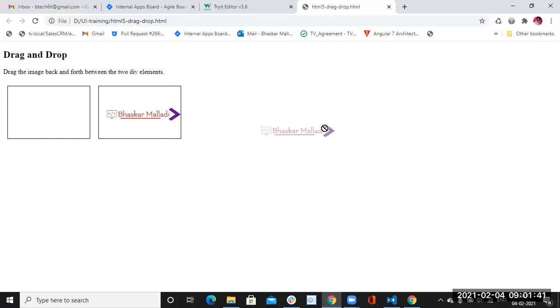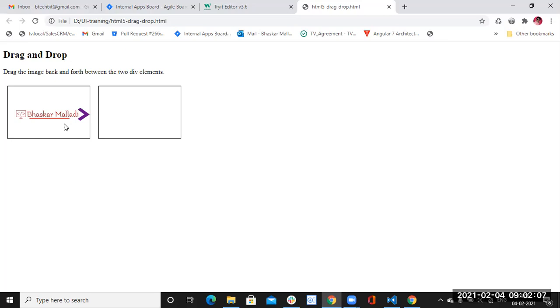You can see here, it is not dragging, only from this div to this div. So this is the drag and drop, but I will explain how it works entirely in the JavaScript class. This is about the drag and drop functionality in HTML5.